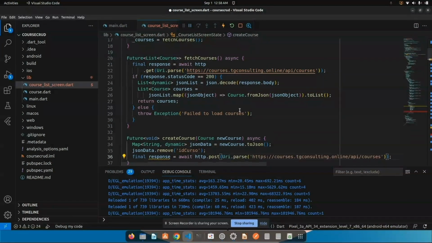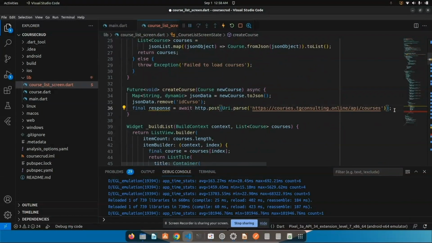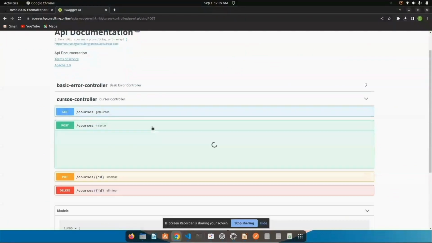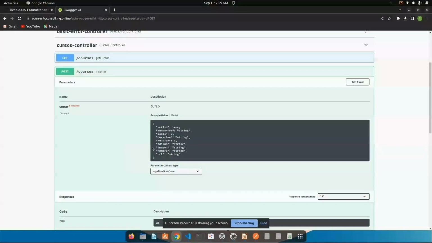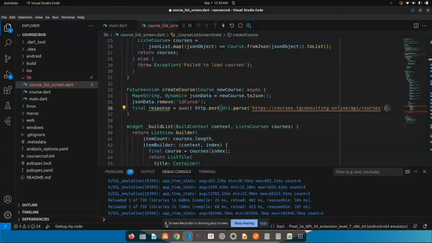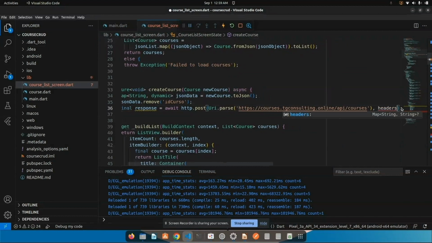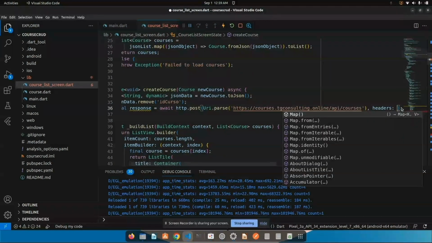So now we're getting the response. However, here in the post method, we have to send the data in the body. So we have our JSON data, and here's how we set it in the body. We put a comma here, and in the headers property,